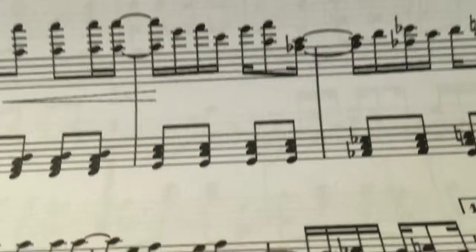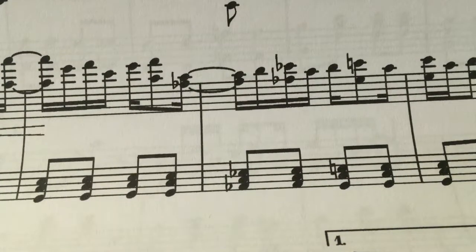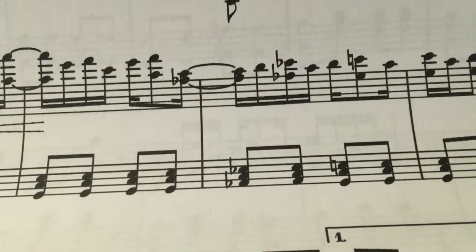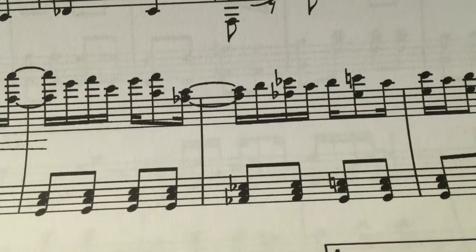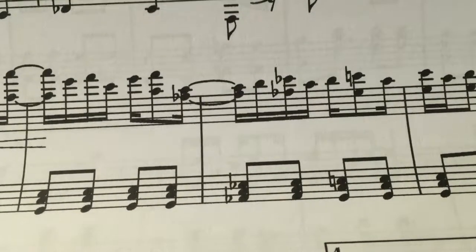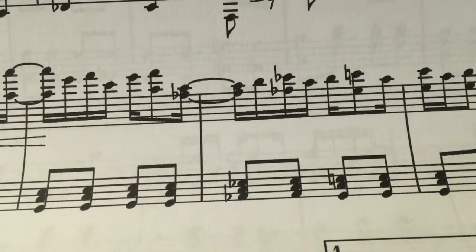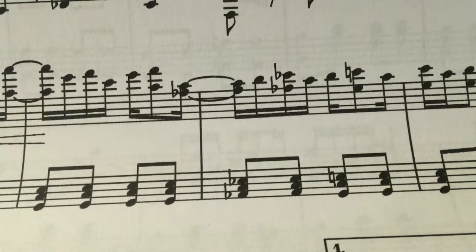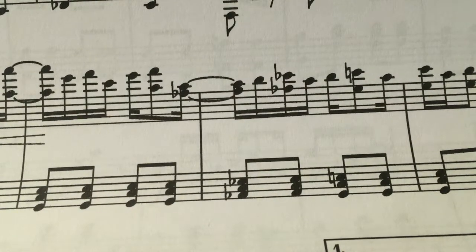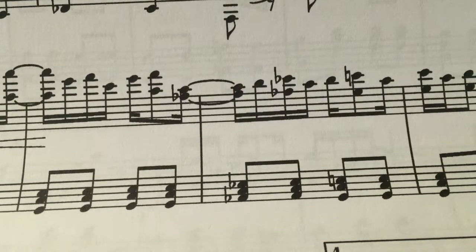Alright, so for the next part, you basically need to put your index finger on the A flat right beneath that. And once again, I will say it, you need the sheet music. Don't even try to do this without the sheet music. I don't understand how people learn things from Synthesia videos. But anyway, just put your index finger on the A flat, middle finger on B flat, your right ring finger on the C, or I guess B in this case, since you see,